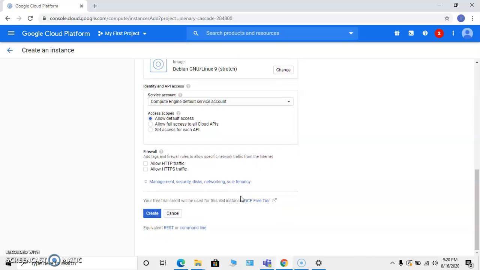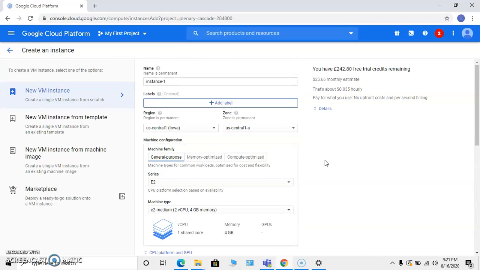Then if you want to add firewalls to your virtual machine, you can choose them from these options. And finally, you can click on create to start creating that virtual machine. But before we go ahead, let's have a look at the cost.